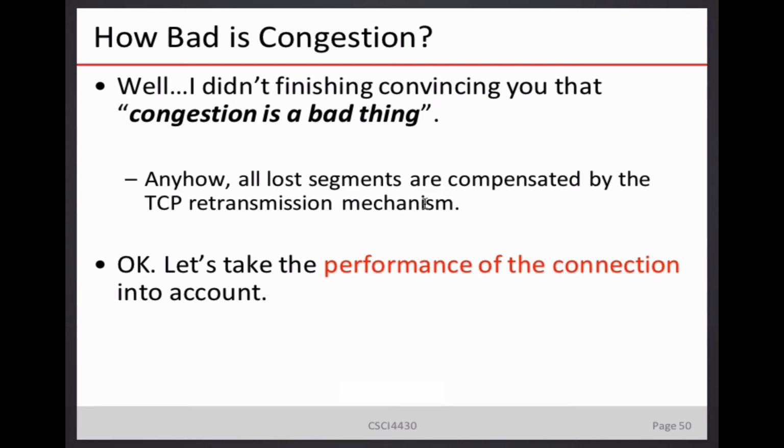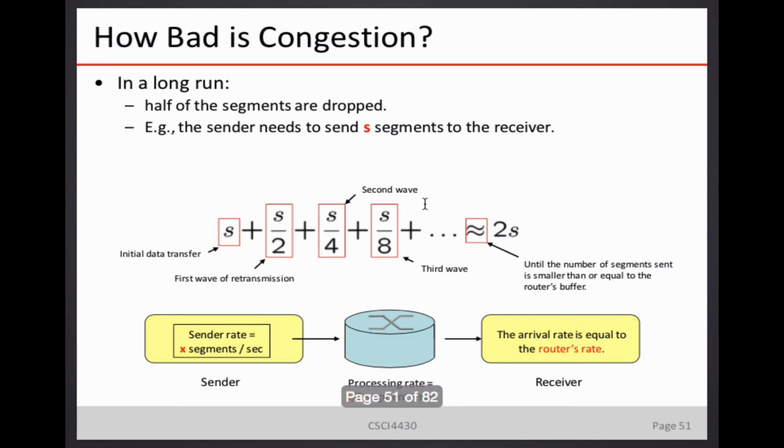And that's why we say that congestion is a bad thing, really bad. And how bad is it? Imagine this router always has a processing rate of x/2, and this is an approximated result. For the first wave, you have a very high probability of dropping half of the packets. And then you need a second wave of retransmission, which also has a chance of dropping half. Then this half will also drop half of it. And at the end, you approximately need 2x.